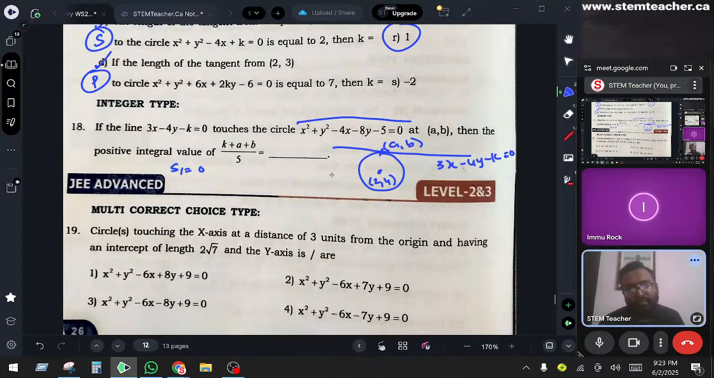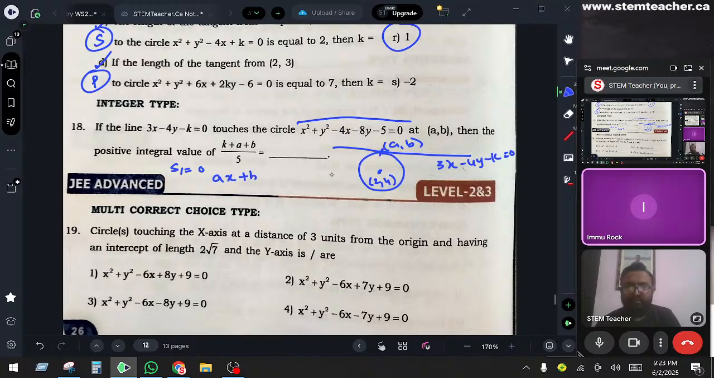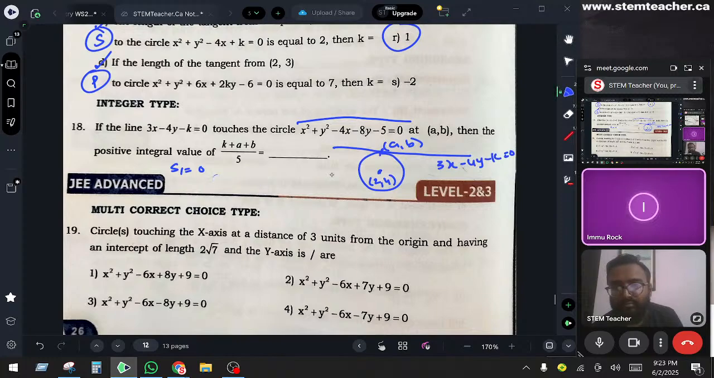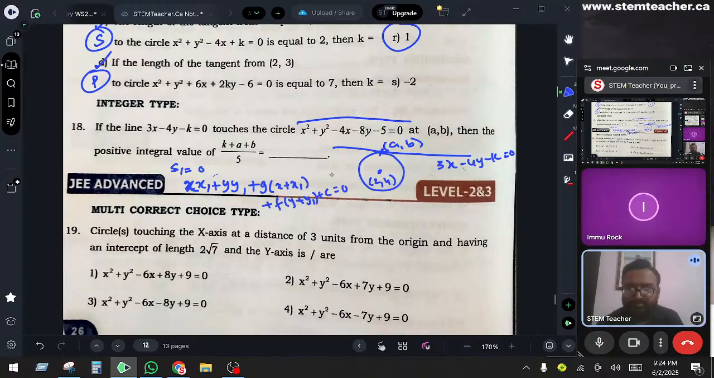ओके, तो हमें यहाँ पे जब सब्स्टिट्यूशन करोगे, this will be ax plus by. मैं एडवांस्ड इक्वेशन लिख रहा हूँ। x से x1, नॉर्मली x1 क्या है, s1 क्या है? s1 इक्वेशन क्या होता है? x x1 plus y y1 plus g (x plus x1) plus f (y plus y1) plus c equals to 0. ये इक्वेशन है।